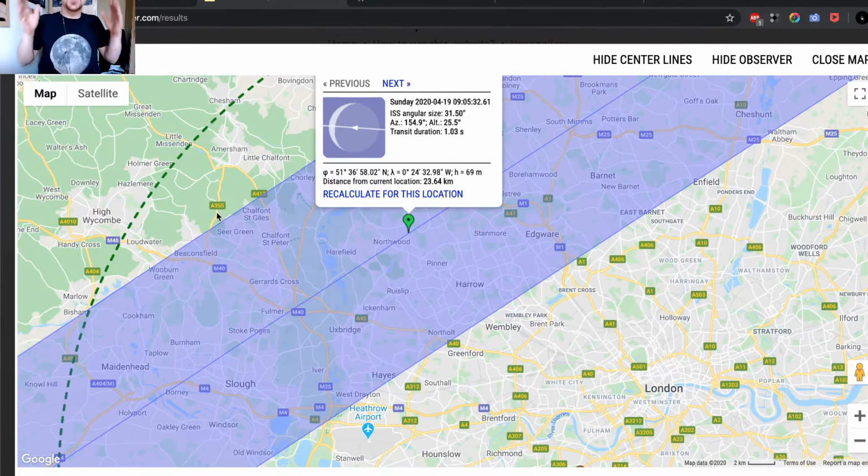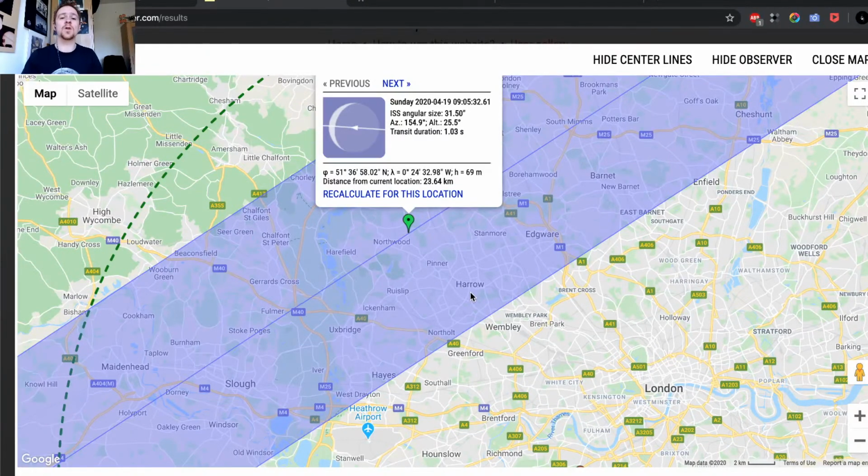So it gives you the path where you need to be, and that's why it's brilliant, because sometimes you don't really want to be on the center line, or your location is not right in the center. I can guarantee you 99.9% it's not going to be on the center line, but you know how far you can be from the center line to still be able to see that phenomenon.